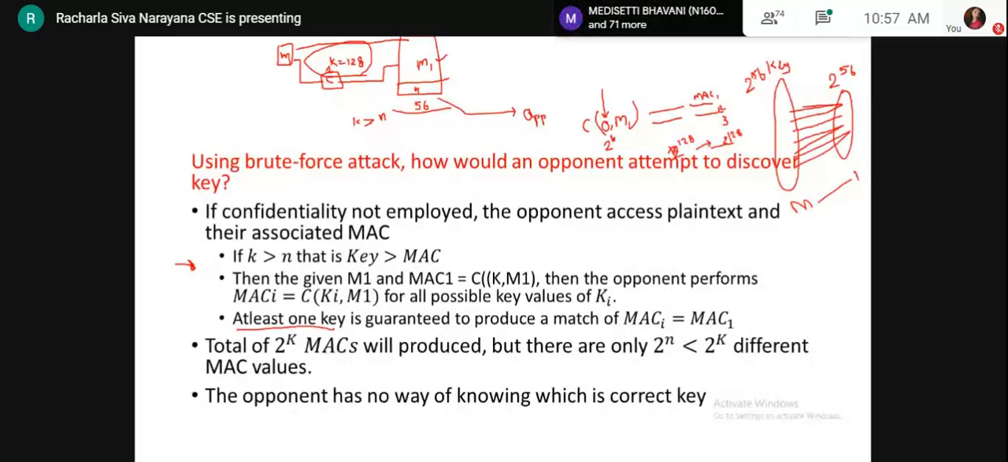Okay, so total 2 power k MACs will be produced. So total మనకి 2 power k మ్యాక్స్ వస్తాయి, but we are having only 2 power n MAC values, that is less compared to the total number of MAC values. So the opponent has no way of knowing which is the correct key. Okay, అంటే ఇక్కడ ఫర్ ఎగ్జాంపుల్